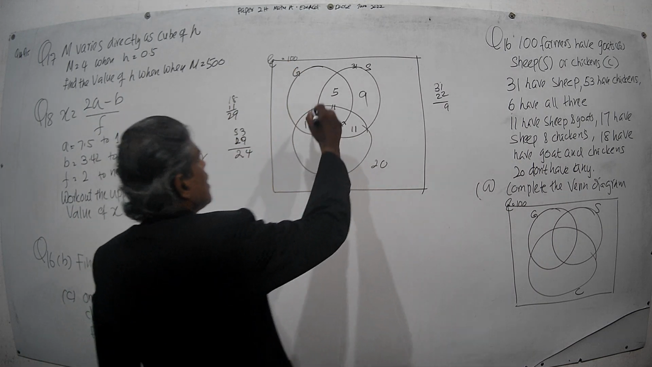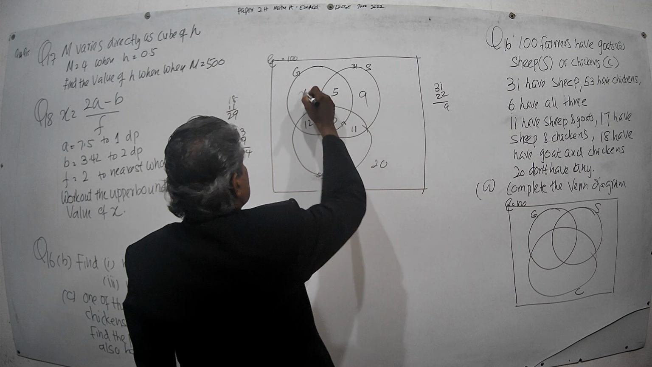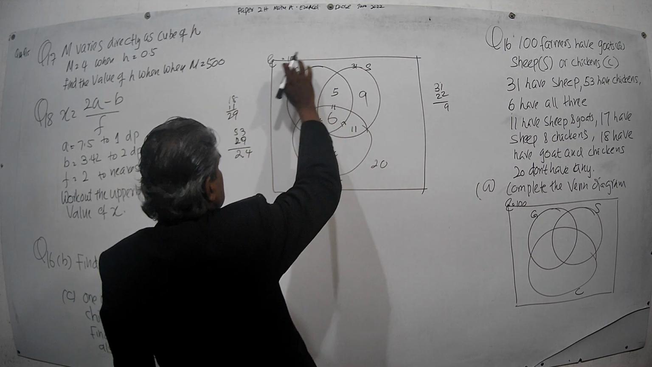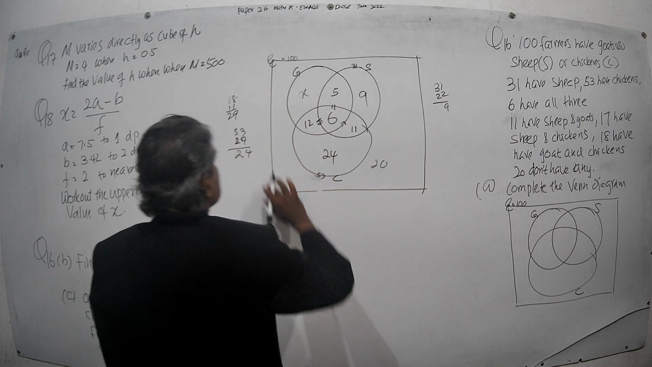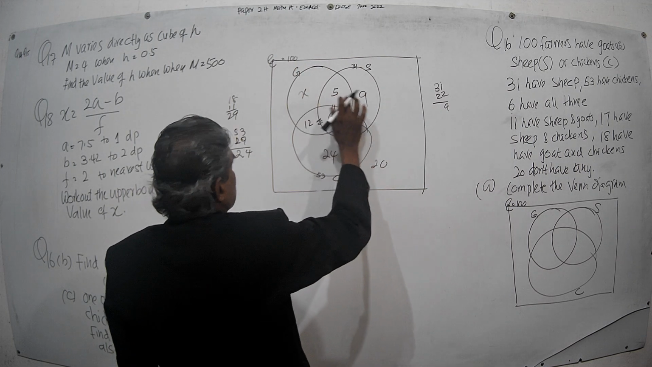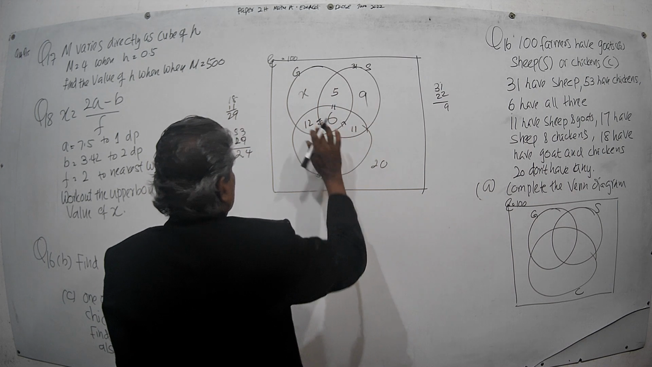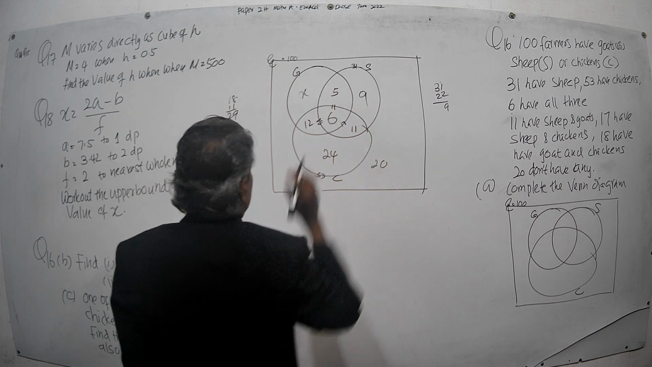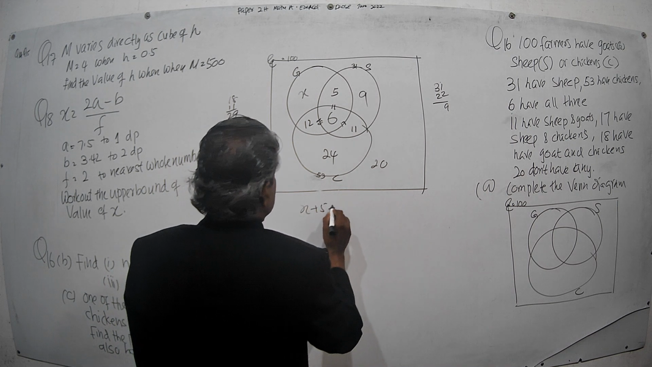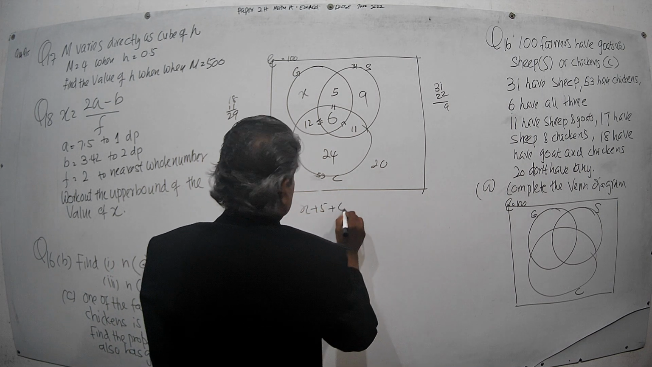We will take here x, putting x, we will write the equation like this. This total box is how much? 100. Here, this one plus this one plus this one plus this one plus this one plus this one plus this one plus this equals 100. That is the principle. Then you write x plus 5 plus 6 plus